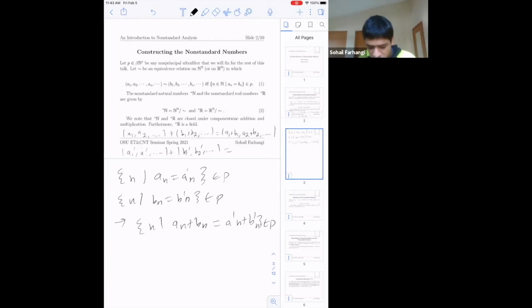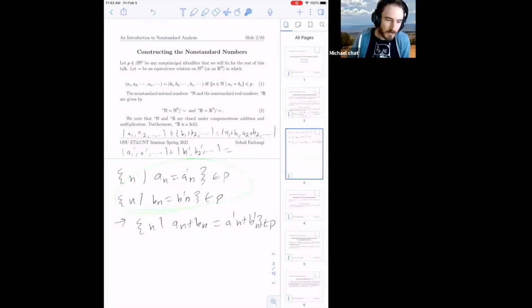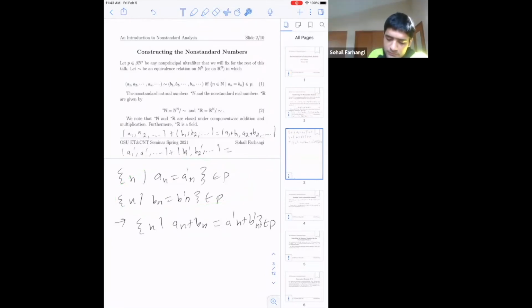Or no, I guess this is just the filter property. Right. The places at which they agree are going to contain the places at which the sums agree. And maybe some more intersection stuff too. Okay. Same thing for multiplication. And then